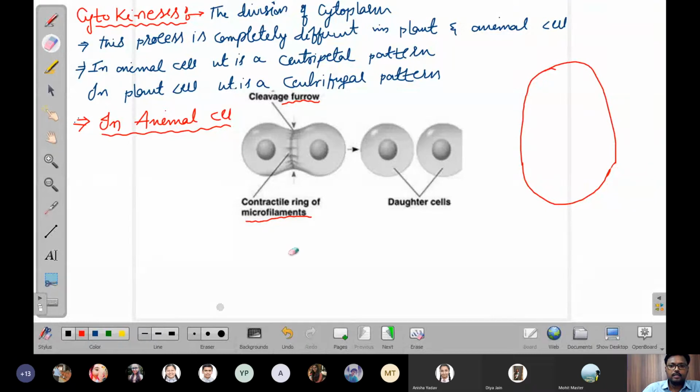That means at the center point, a constriction takes place. And this constriction is because of the contractile ring of microfilaments. The microfilaments are made up of proteins only, right? Now once this ring is formed, this ring will contract so that this cleavage furrow is formed. It is called